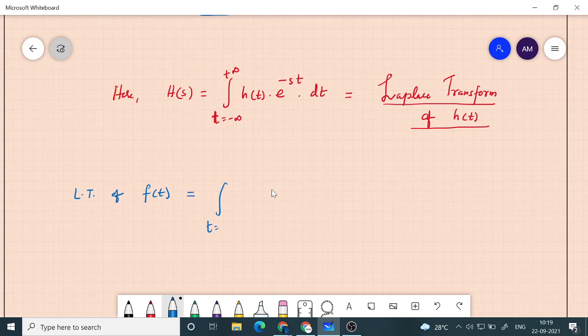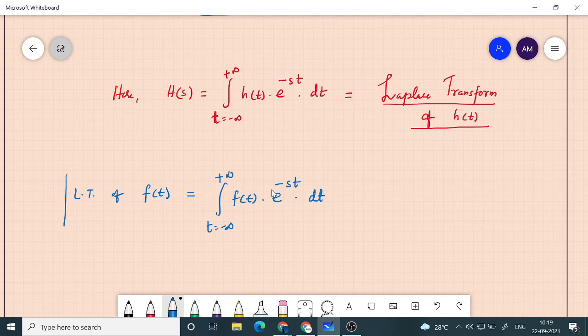Okay, t going from minus infinity to plus infinity. F of t is the function whose Laplace transform we want to find. Multiply it with e raised to minus st and then integrate from minus infinity to plus infinity. So this is called the Laplace transform